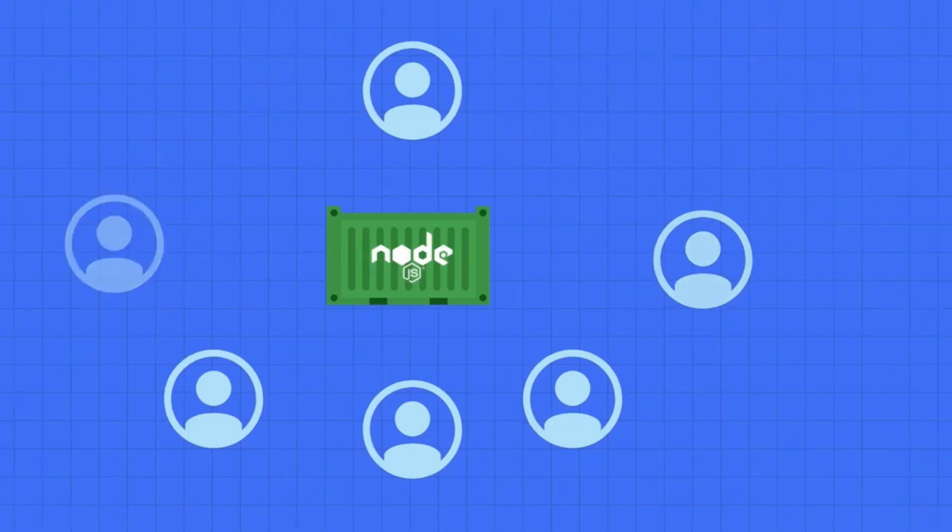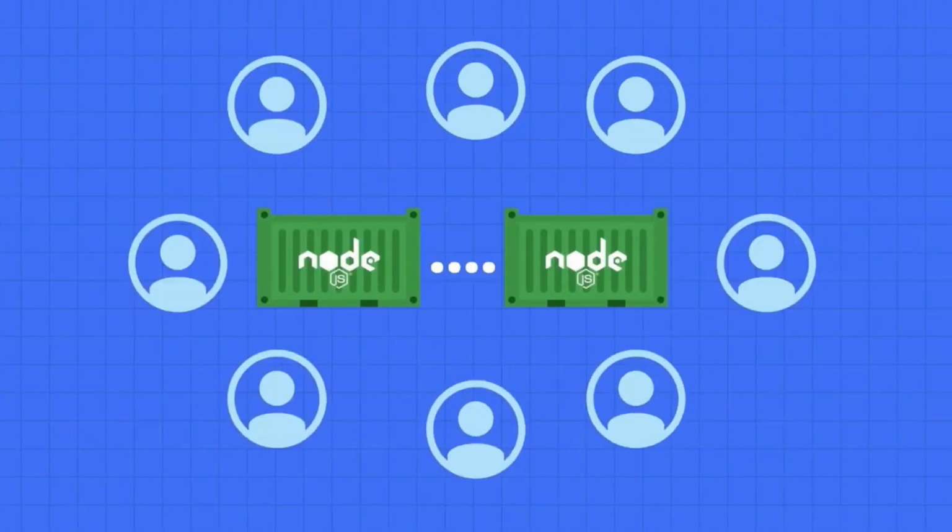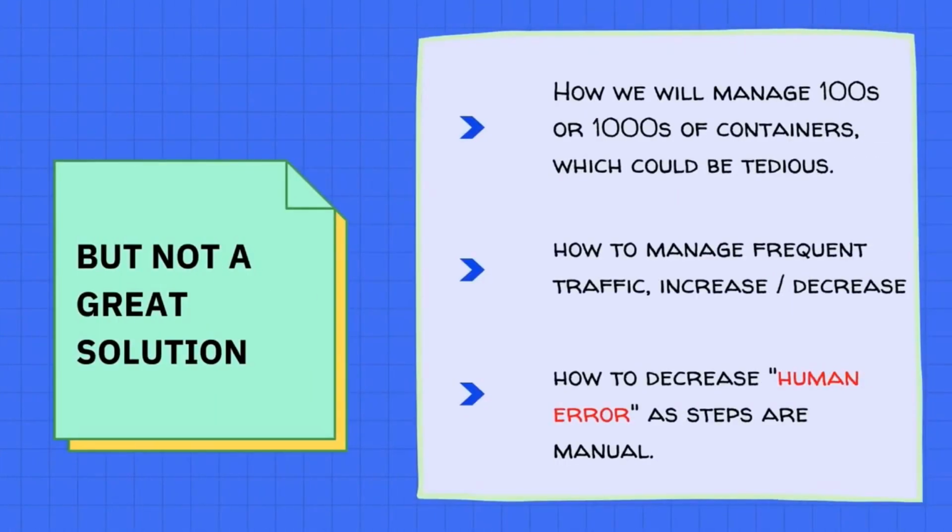But yes, we can actually go ahead and create more and more containers out of the same image, and it could be used to serve a wide number of user base. But yes, doing this is a manual process, and that is why we need container orchestration tools like Kubernetes. So first, let's look into some of the problem with the manual creation and manual management of running containers.